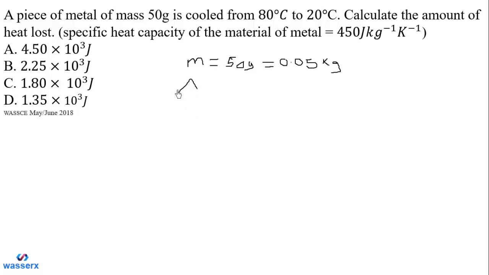Then we can also calculate the change in temperature, which is given by the final temperature minus the initial temperature. The final is 20 degrees Celsius and the initial is 80 degrees Celsius. So when we subtract, we obtain